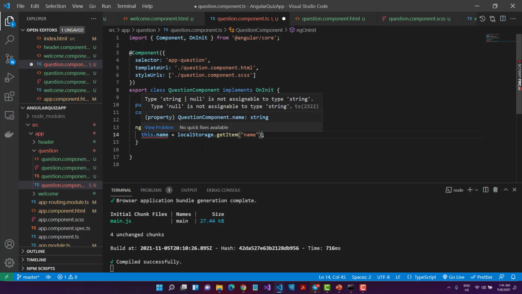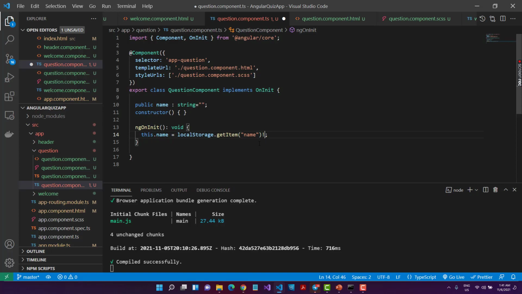The type null is not assignable. So if we add this, it tells that this value will not be null, it will get some value. This is all because of TypeScript. This is not any Angular bug or error. All right, so in this way we can store that name, and I can display this name over here